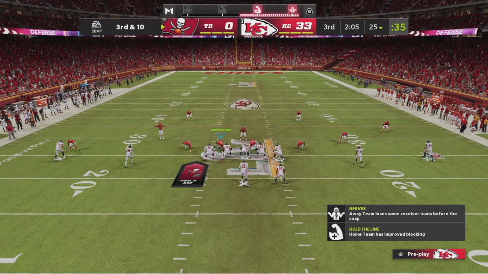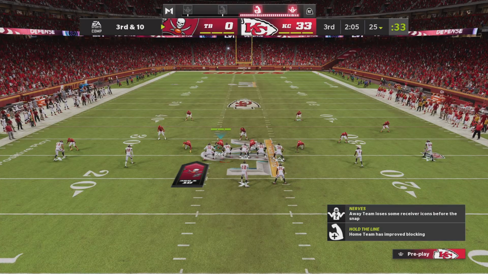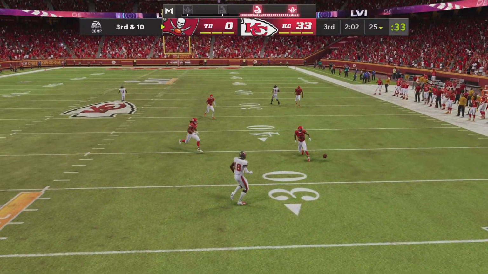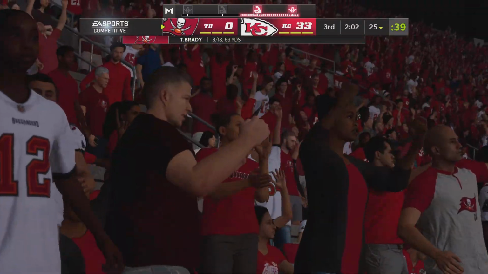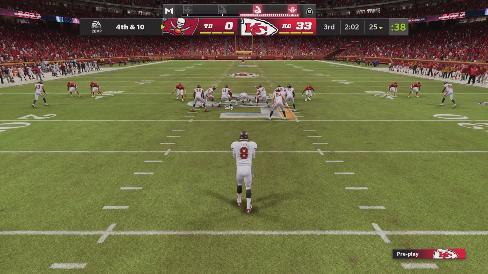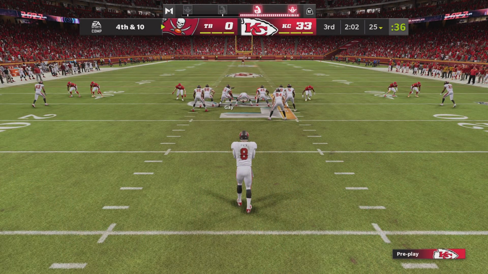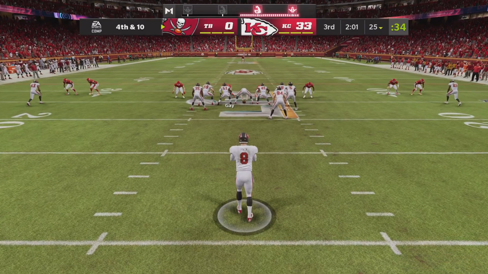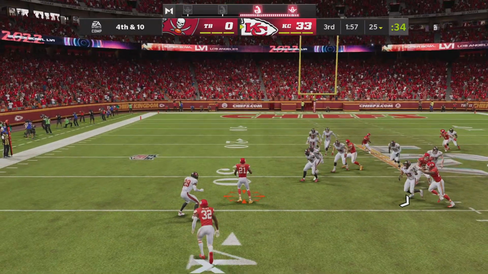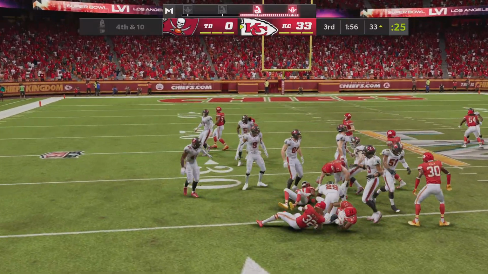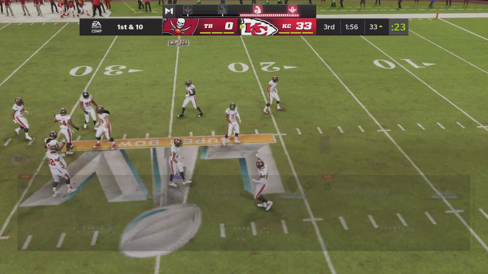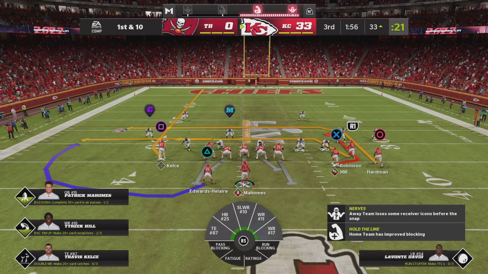So back-to-back incompletions, and that has him staring at a 3rd and 10. Now Brady. And that's incomplete. This has kind of been the story all night long, hasn't it? An inability to really get much done on 3rd downs, and it's costing him. Here's Bradley Pinion now. And he's had all kinds of problems just getting punts off so far. So possession goes over here on the punt. And the Chiefs will have excellent field position here as they take over.